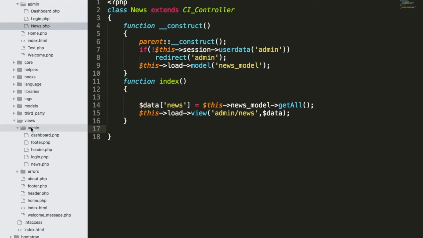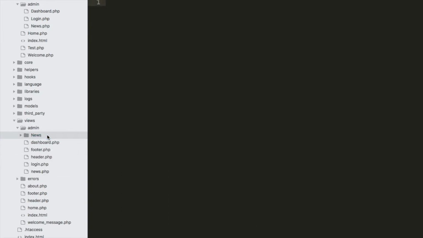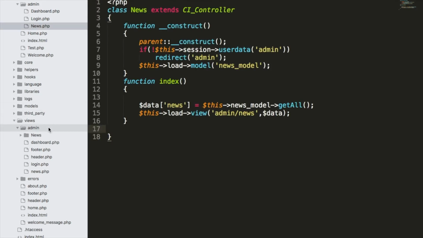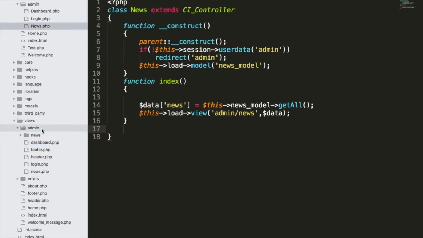There are other processes as well, but for now what we can do is create a new folder and call this news. And it's not a good practice to have a capital or uppercase in the views folder, so I just want to rename it and change it to lowercase news. So this will be the folder where we'll be putting all the views related to the news. So what we can do now, we can just rename this news to list maybe. So what we can do here is,